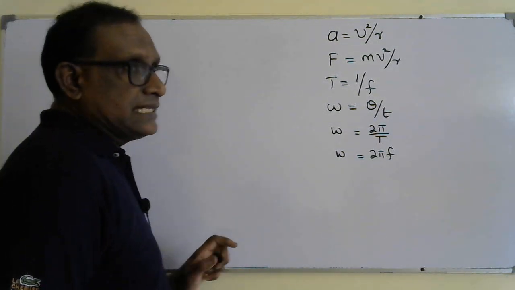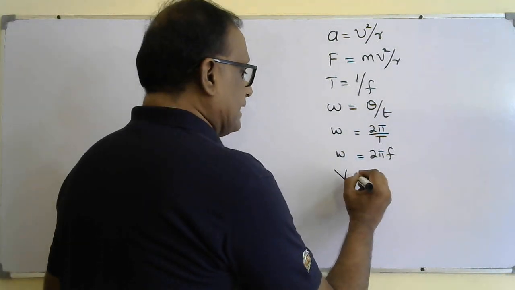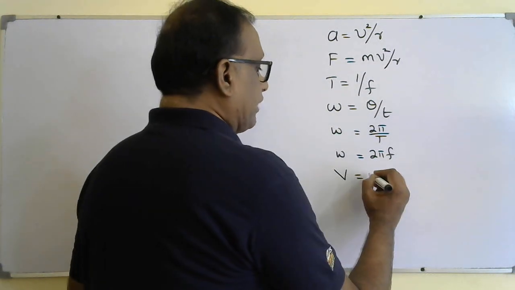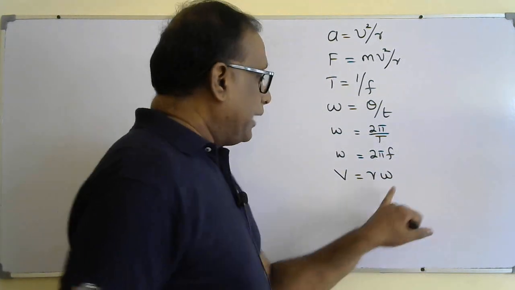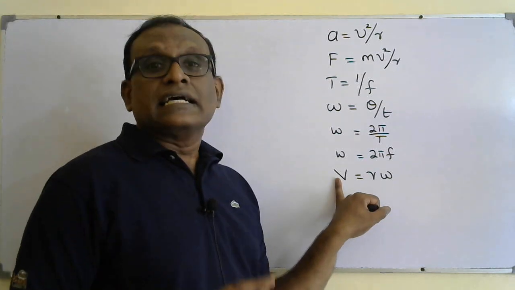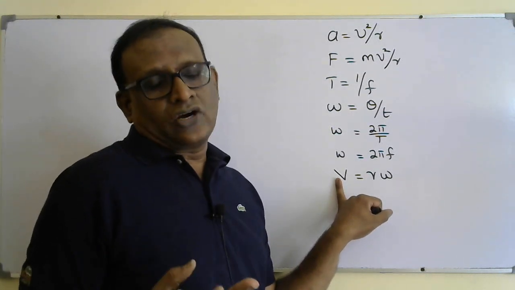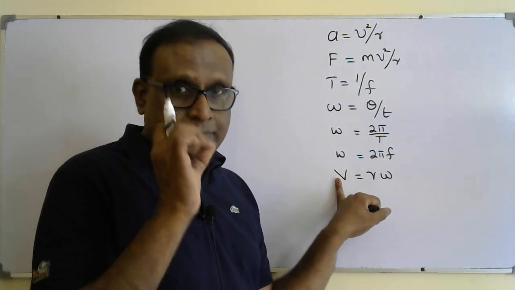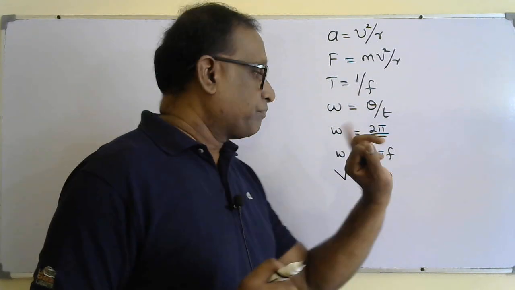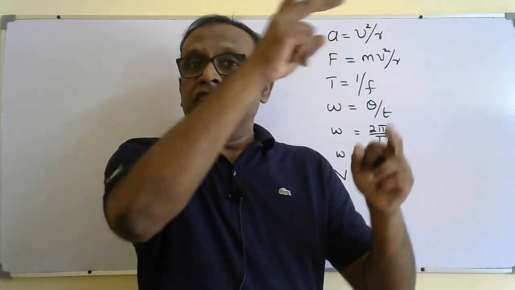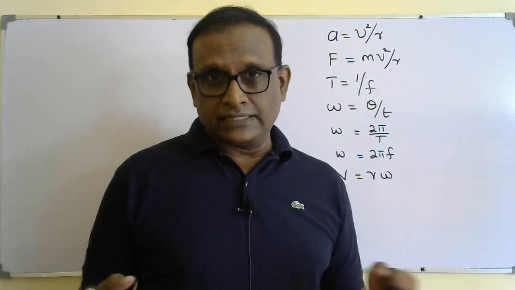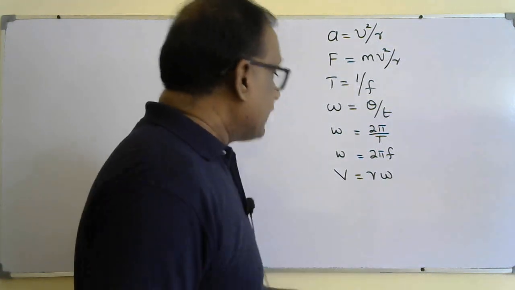The next equation is for v, the speed at an instant. Careful, speed at an instant is related to angular speed by v equal r omega, where omega is the angular speed, r is the radius of the circular orbit, and v is the speed at an instant. Angular speed can change, for example, during vertical circular motion. The angular speed will change. Go through my first lesson, there I explained those things. Okay, so the next equation is